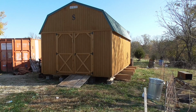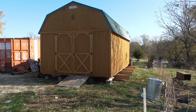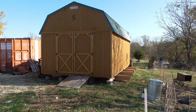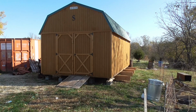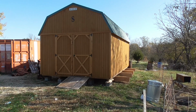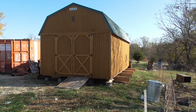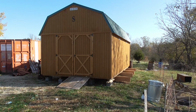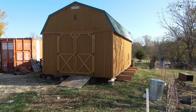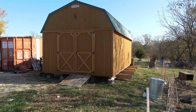But when I went to get the lumber, because of the lumber shortage and everything, they didn't have 12-foot beams. They only had 14 foot. So I had to get 14 feet. And that leaves me about 2 feet of overhang on this side. That's fine. I'm not going to cut 2 feet off of a board and then throw it away. You know, you're homesteading, you make do with what you got. I can't use a 2-foot piece of 2x10, but I can use a 2-foot